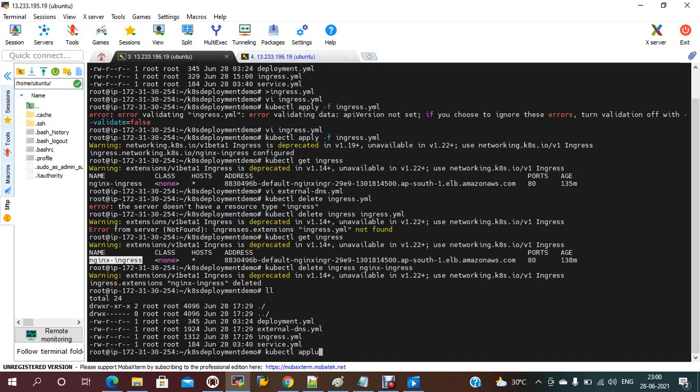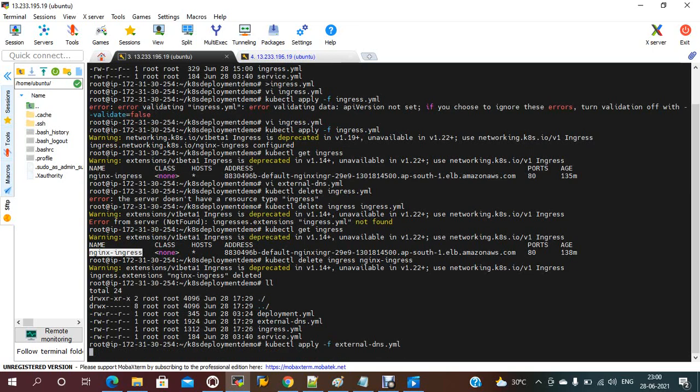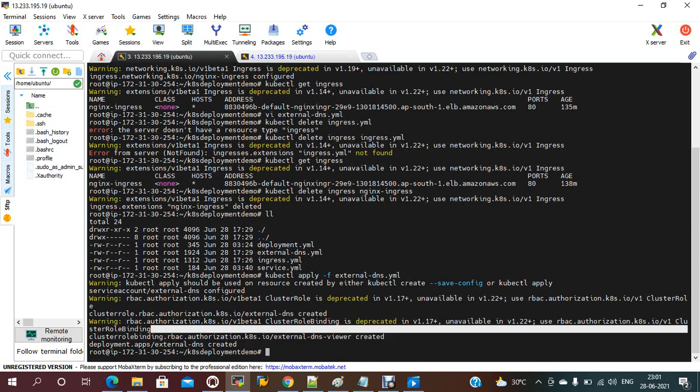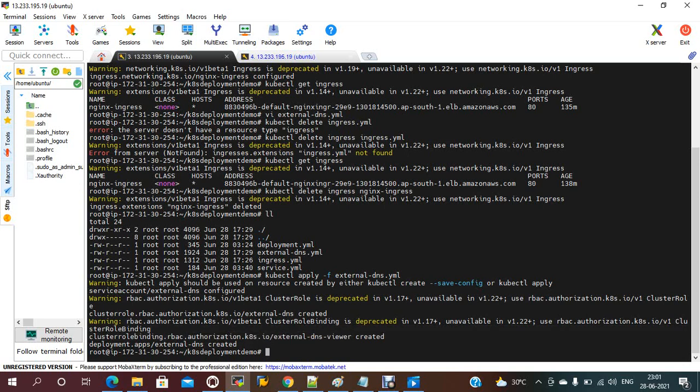Now you have to apply external DNS: kubectl apply -f external-dns. Now the external DNS should be created. It is created along with the role binding, and the service should also be created. Then you just need to update again with the kubectl ingress one, because it should rewrite to 443, right? kubectl apply -f ingress.